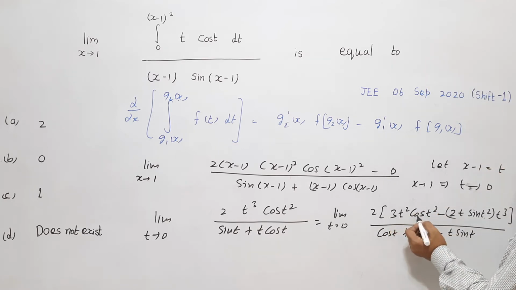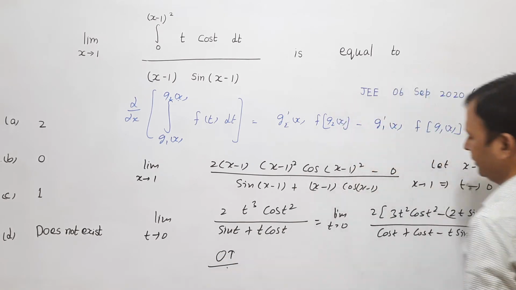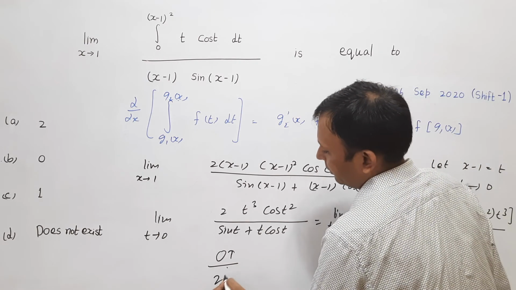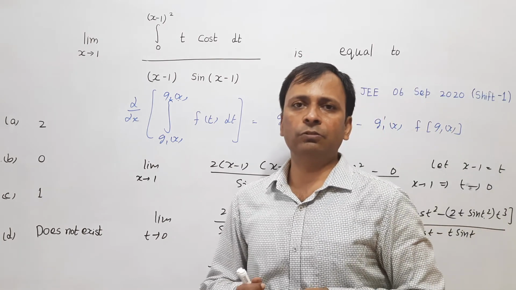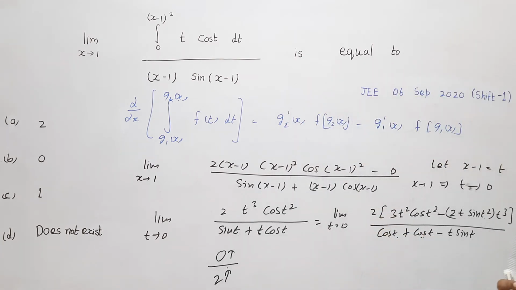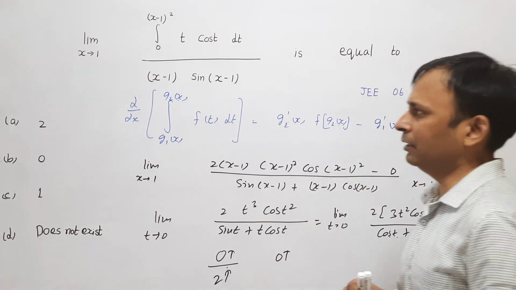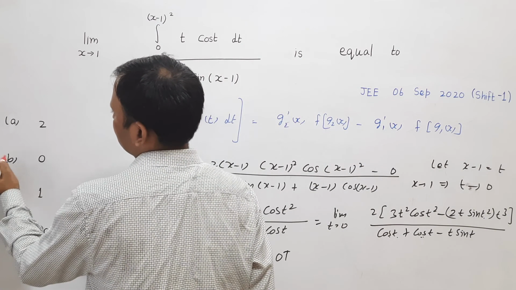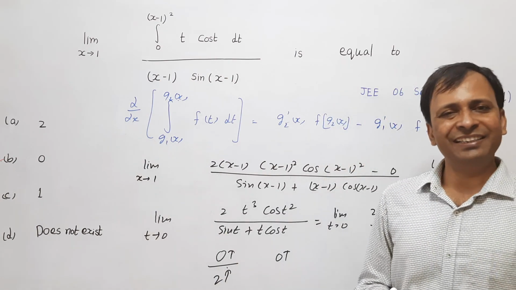Now we will see what form I am getting. This is 0 minus 0, so the numerator is approaching 0. And what about the denominator? The denominator is cos 0 plus cos 0, which is 2 cos 0, that is 2 minus 0, which is equal to 2. So you can see here the numerator is approaching 0 and the denominator is approaching a non-zero value. So as a whole, this fraction would be approaching 0. So the limit of this whole expression will be 0, which is matching with option B of the question. So option B will be the right answer to this question.